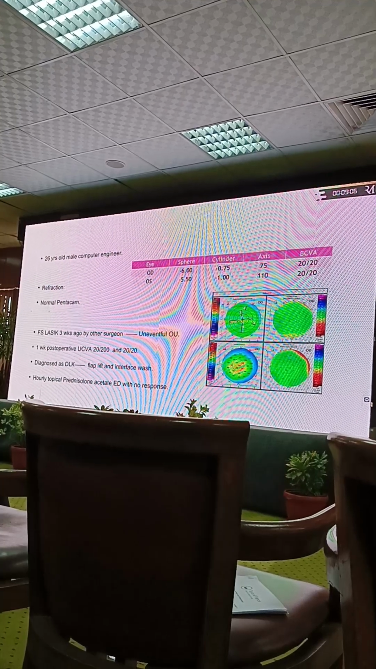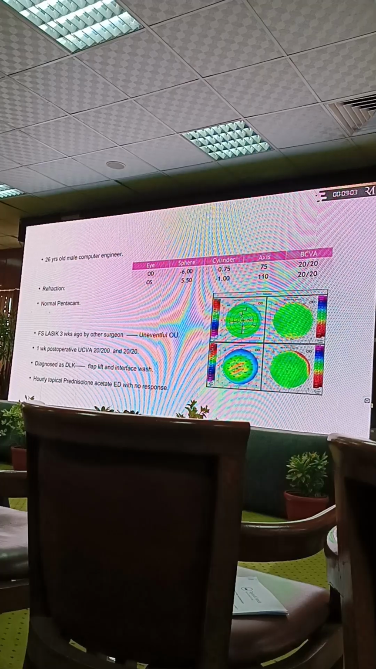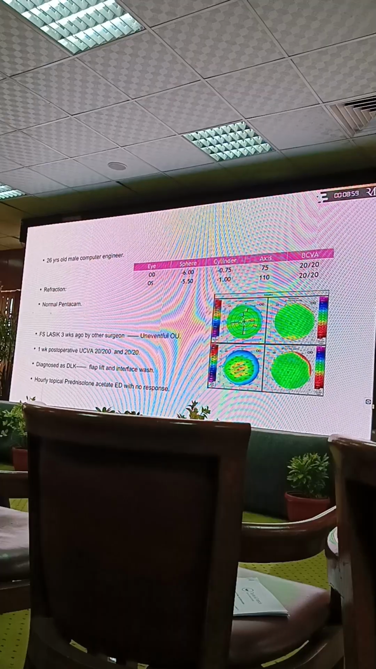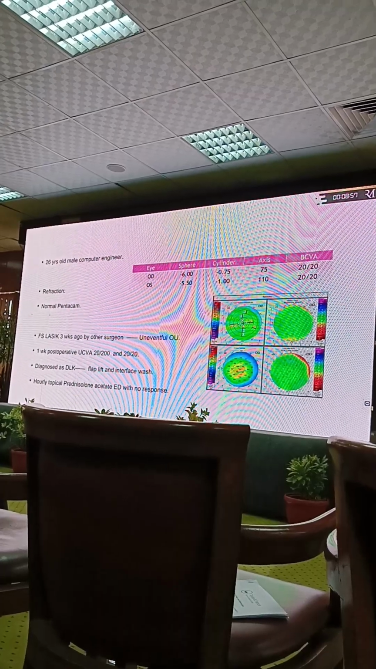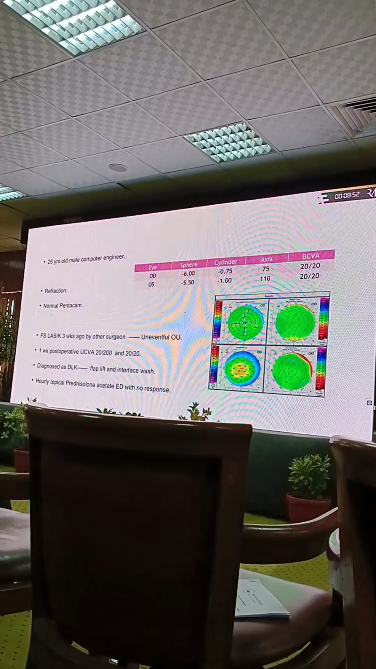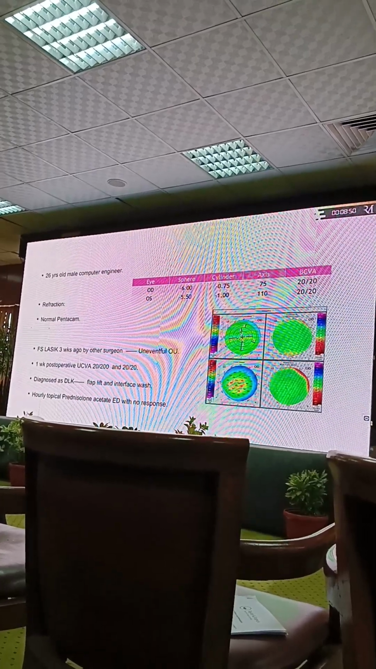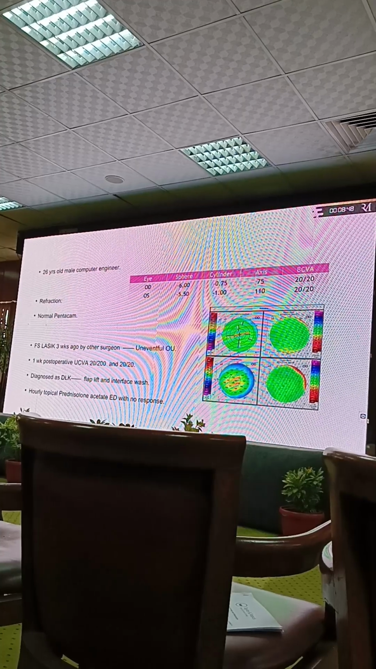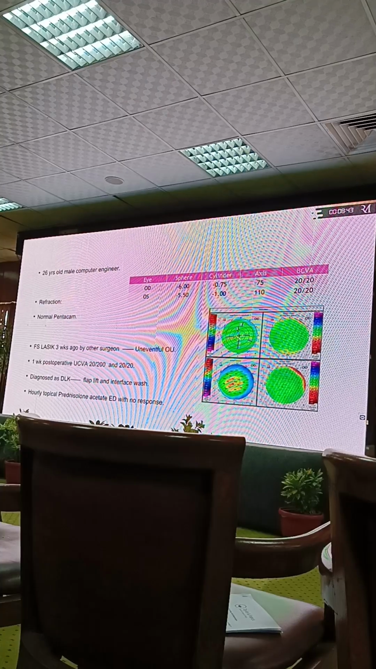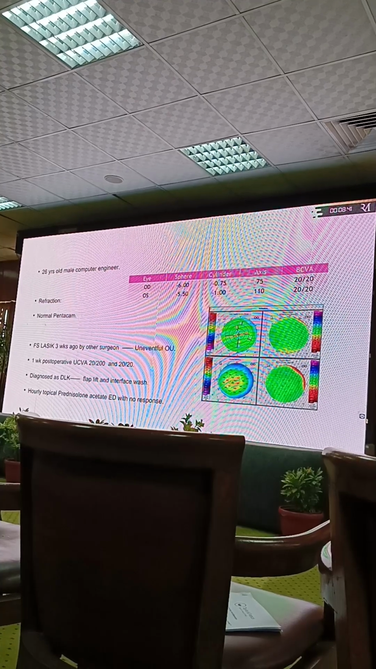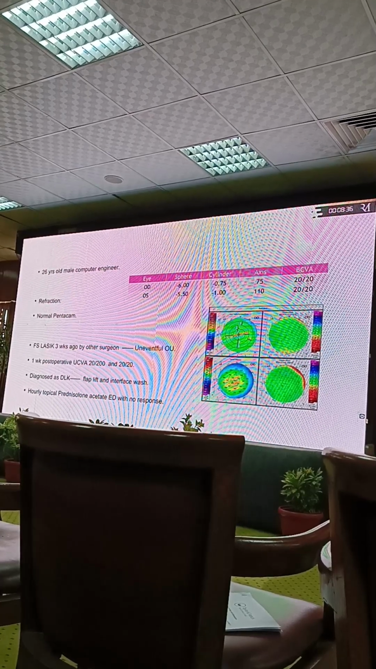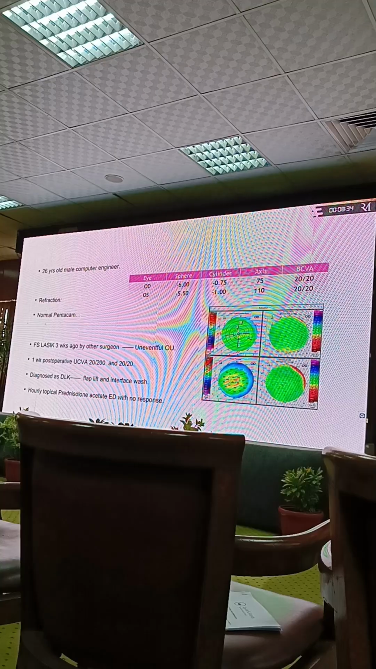The preoperative refraction was -6 and -0.75 in the right eye, and -5.5, -1 in the left eye, with a normal Pentacam. This is the right eye of this patient with a problem. He had the LASIK procedure done 3 weeks ago by another surgeon, my friend, which was uneventful in both eyes. But 1 week postoperatively, the uncorrected visual acuity was very low, 20/200 or 0.1 in the right eye, and 20/20